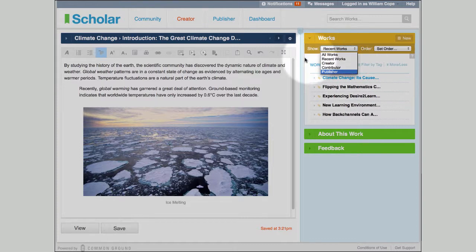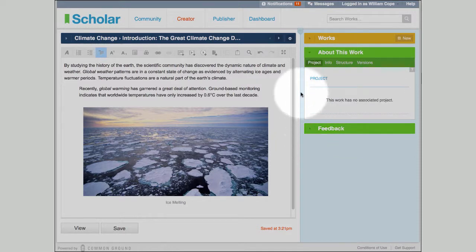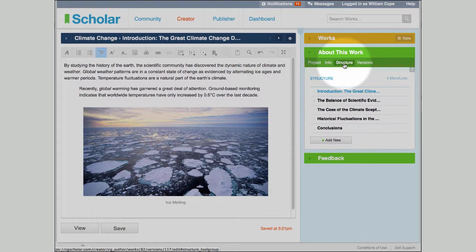Now let me go on and talk about some other aspects of this workspace. So here you can see a little scroll bar down the side, but we actually don't want scrolling. I'm going to go to this About This workspace now, and I'm going to show you the next tool, which is called the Structure tool. Okay, the Structure tool is how I organize my information